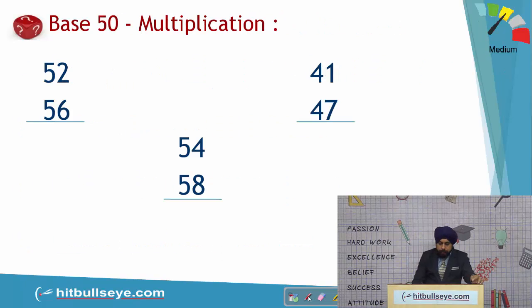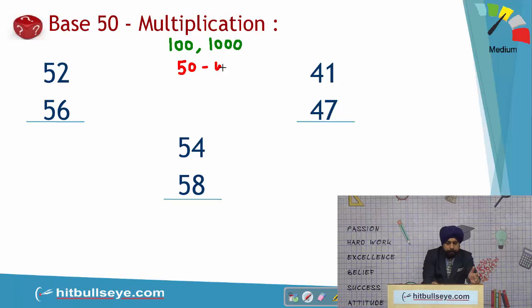Students, in this case we are going to learn how to take 50 as base. I'll explain here once again that usually speaking the numbers which are completely rounded, that is 100 or 1000 or 10,000, can be taken as base. Now here the numbers are around 50. So what we do is we take 50 as the base for our convenience, but mind it, 50 can only be the working base in this case. Our main base remains 100 only.